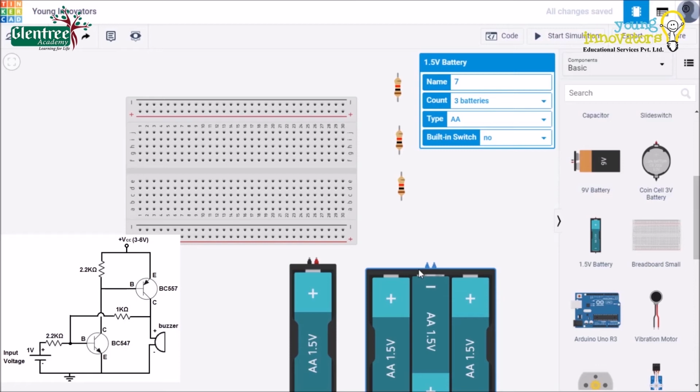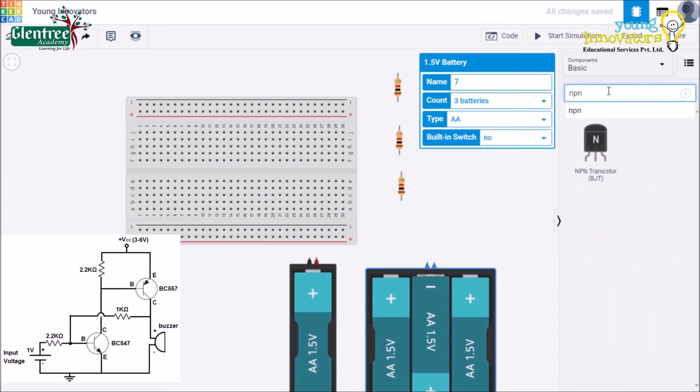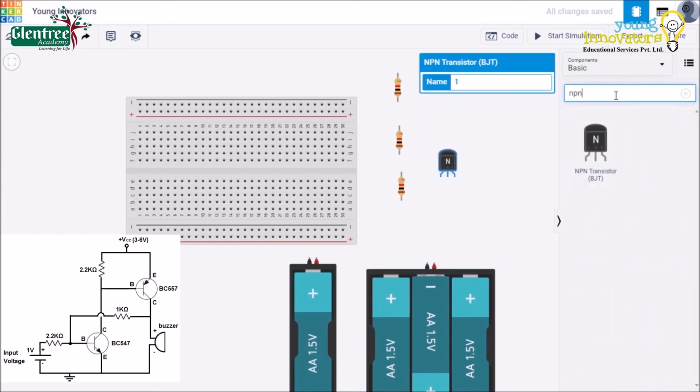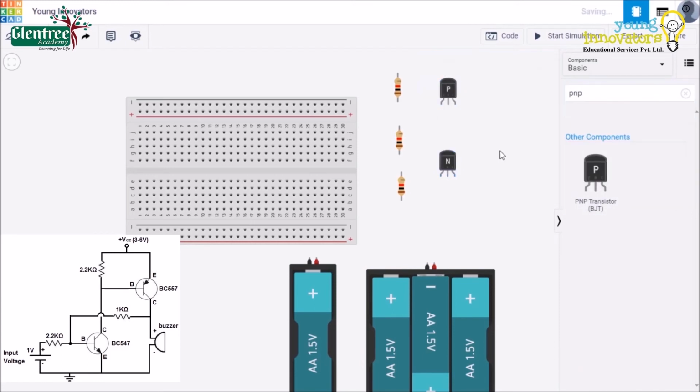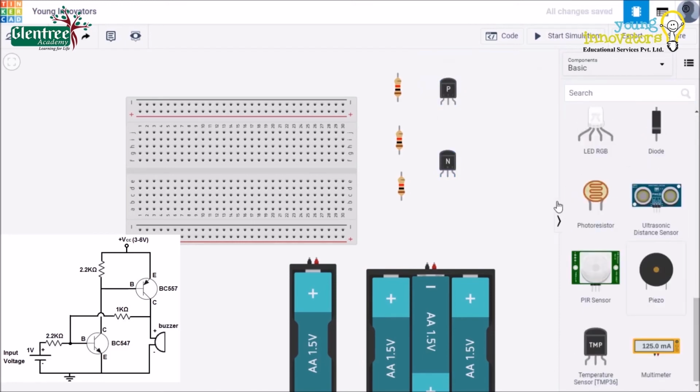In the circuit diagram mentioned, we have an input voltage of 1 volt and 3.6 volts, which are precisely not available on Tinkercad. So we go with these power source values. And now we grab the main components, that is an NPN transistor and a PNP transistor, and the output device, which is a buzzer.